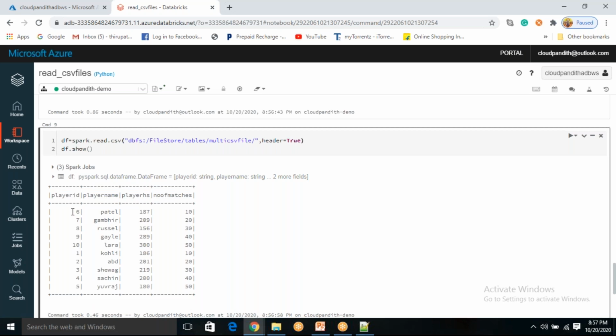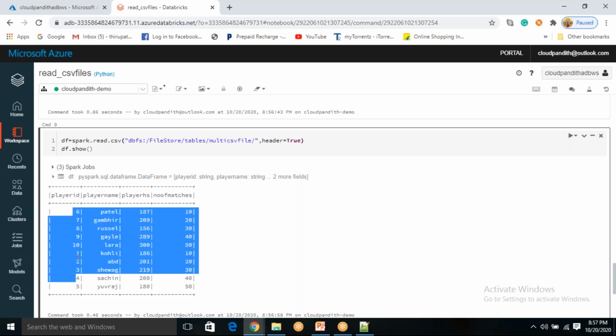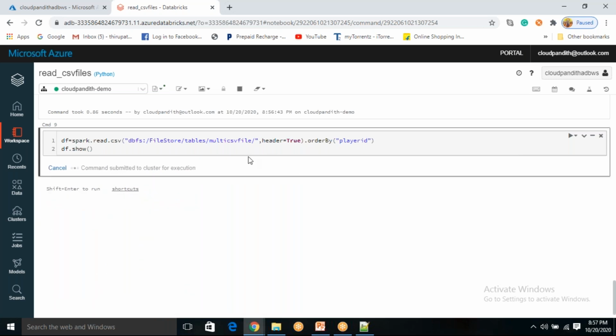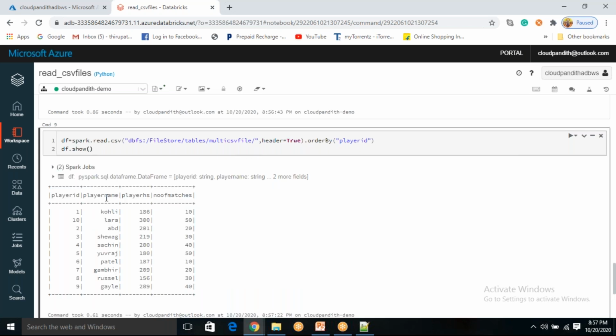But how can you order data based on this player ID? All those things we will learn as part of our training. These are the different transformations we will do. For example, if you want to do order by player ID, just try to do it. So now what happened?